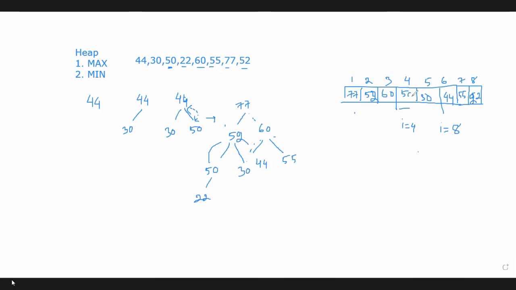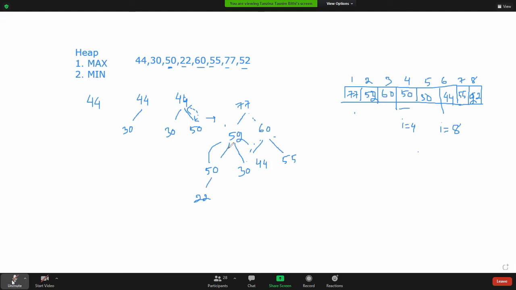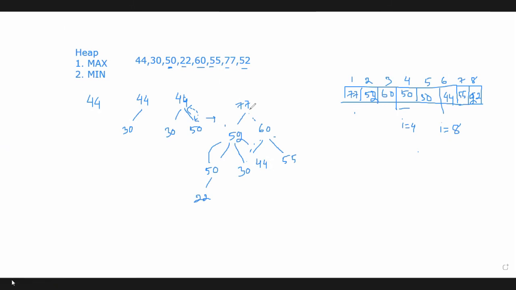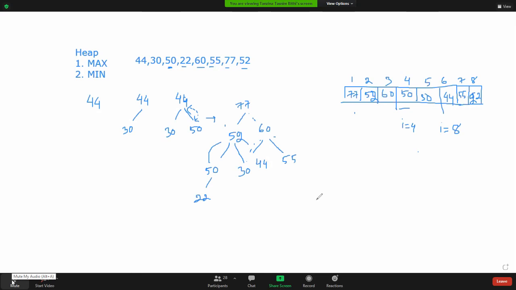So now look at the tree. Is it a maxheap? Yes, because all the parent nodes are now greater than the child nodes. So this is our array that we got after inserting all the nodes in the maxheap. So is it clear how we can insert nodes in the maxheap tree? This is a complete tree, so always take the left child first and then take the right child. And in a maxheap, the parent node will always be greater than the child node. Is it clear? Yes, ma'am.